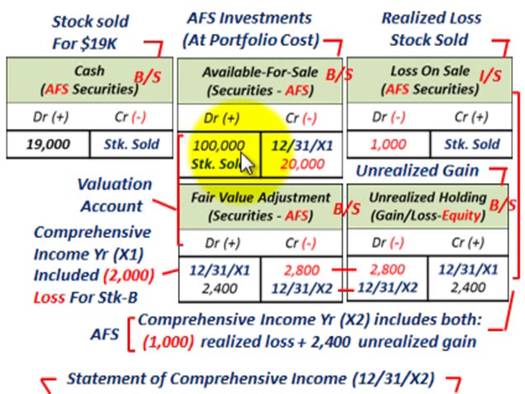So instead of making our adjustments directly to our available for sale account, we set up this valuation account, fair value adjustment, and that's what we adjusted those securities to, their fair value at the end of each period. So for 12/31/X1, we would have credited that for that unrealized loss of $2,800, and then